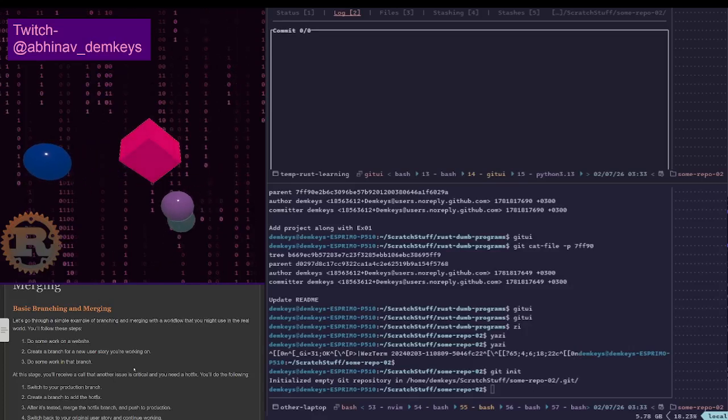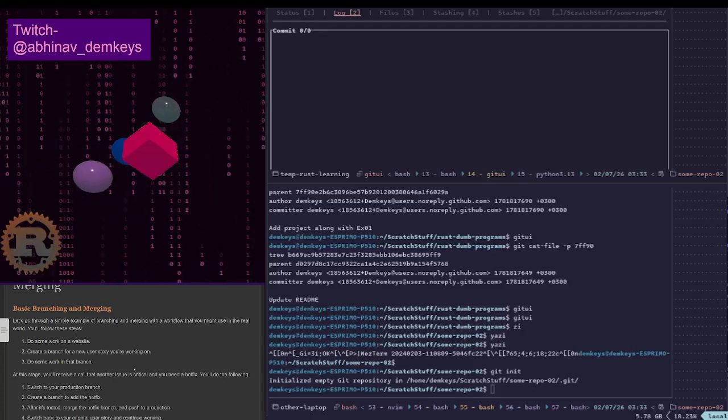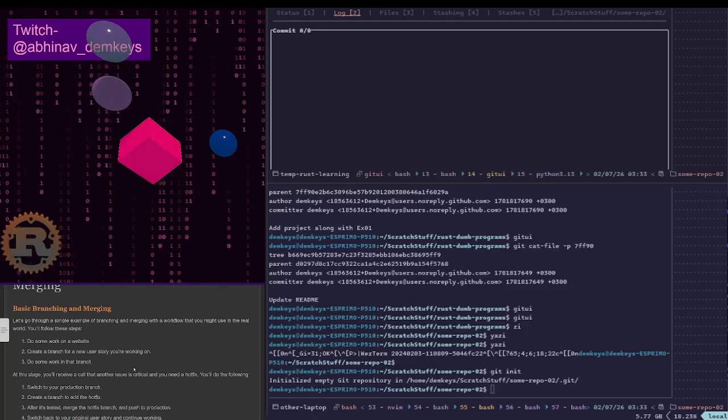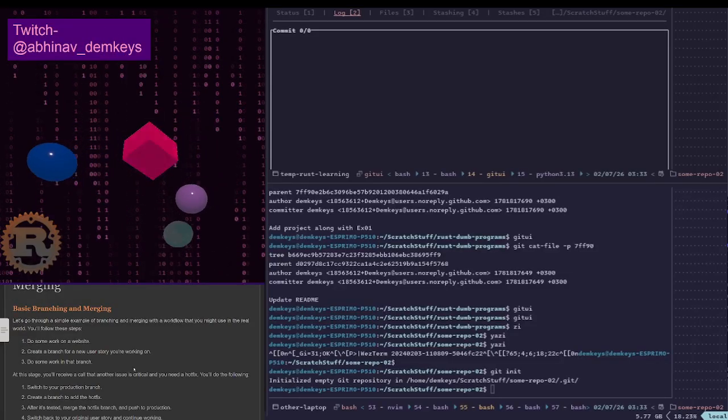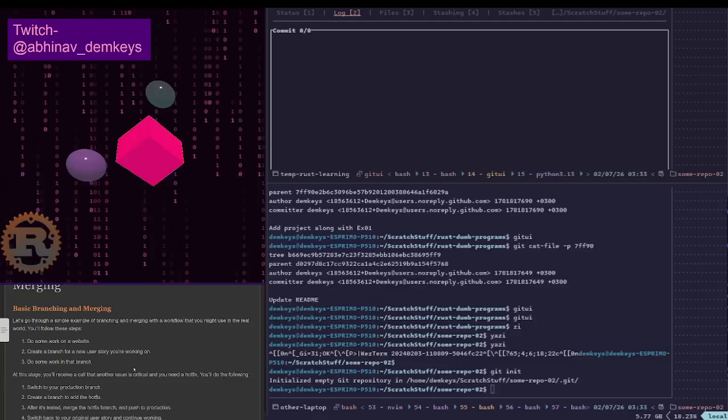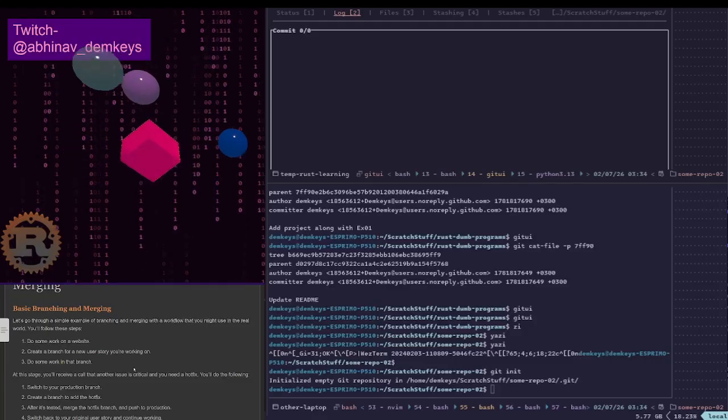Maybe you're working on a big feature that hasn't been merged, a massive feature, and that feature also has branches because there's stuff you want to test out to see how well it works.